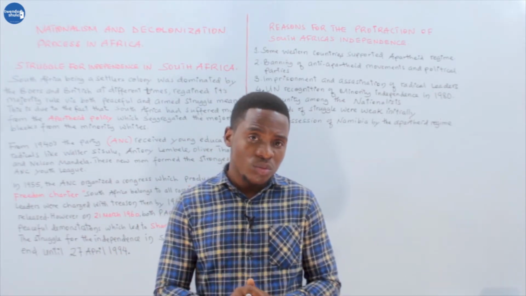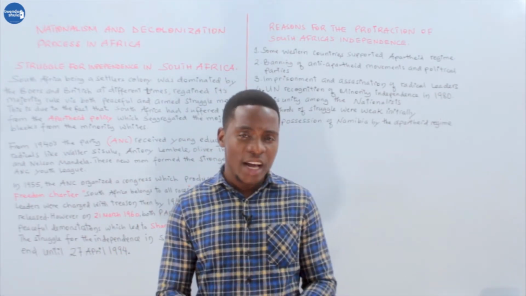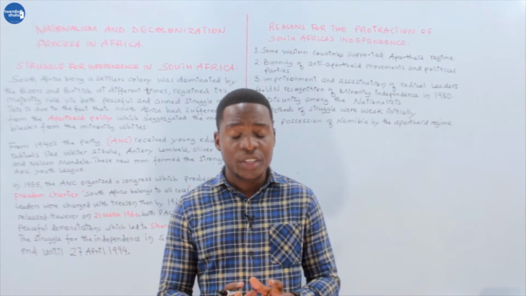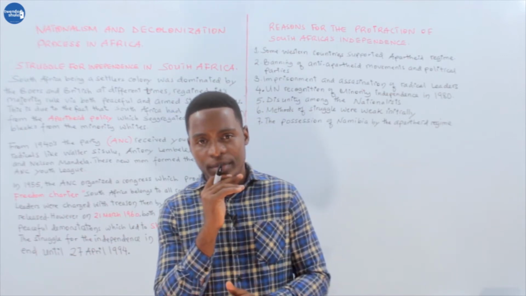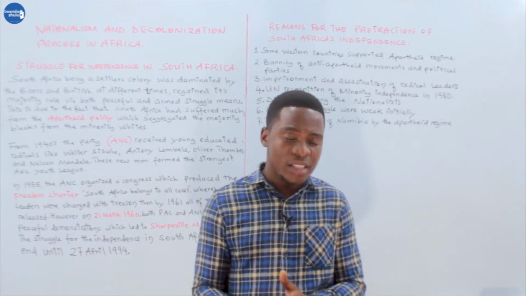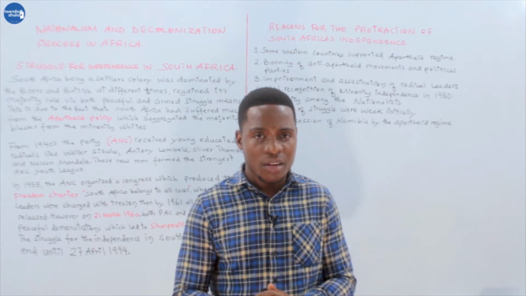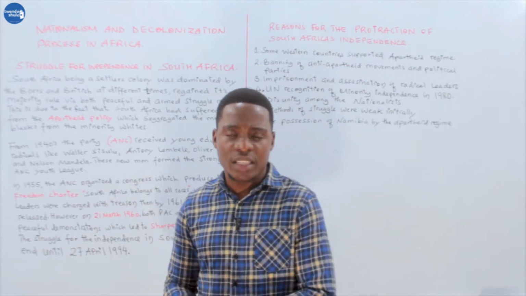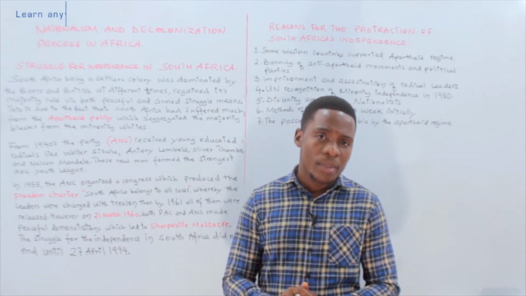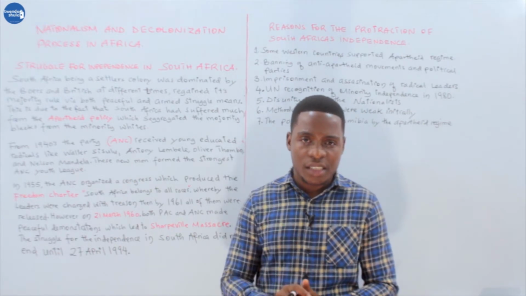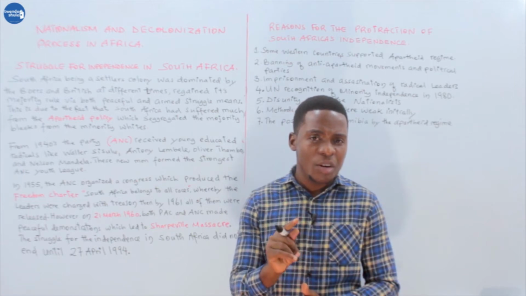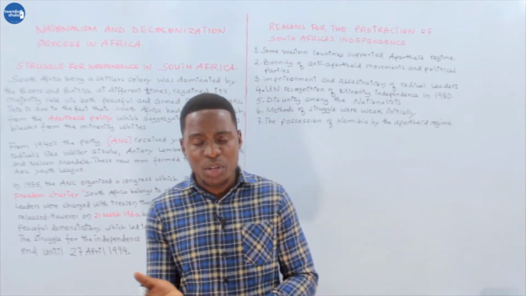Then for too long, the Dutch were there, the British were there, dominating the social and political sphere of South Africa. Then in 1910, the British declared the independence of South Africa. But the independence was for the side of the Dutch. Then what happened in 1948, when the political party of the Dutch came into power,